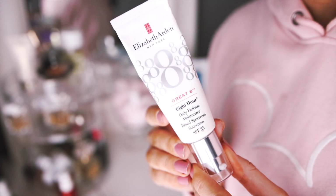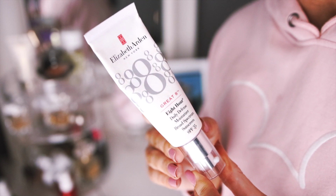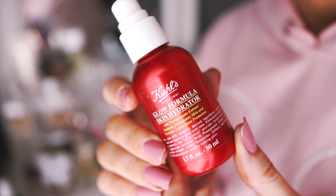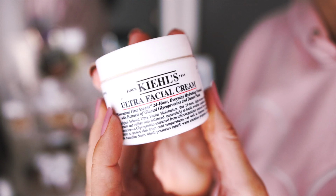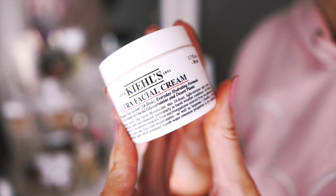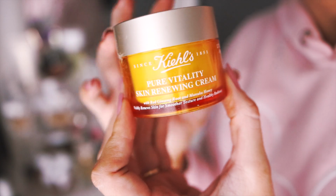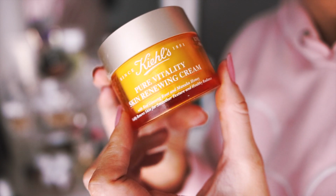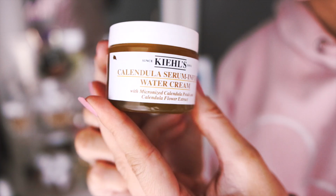Now I'm a sucker for a hydrating moisturizer, so I thought let me give you guys a few different options that I love. This formula from Kiehl's really glows on the skin. The Ultra Facial Cream has been around for many years and it's a loved product by Kiehl's fans. This is a new one infused with honey, also feels great on the skin, and of course I love the Calendula